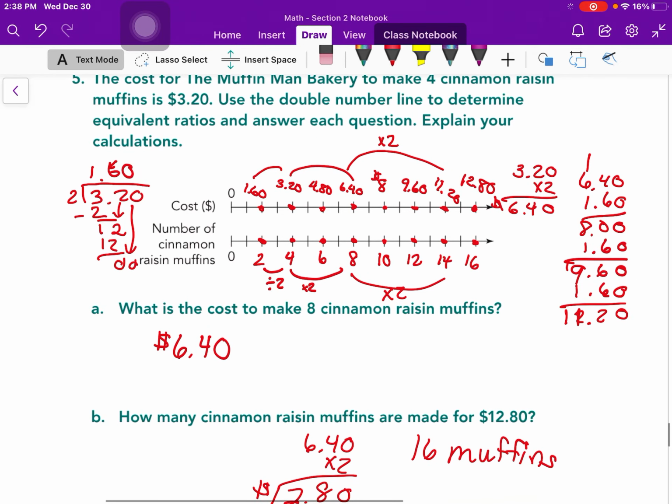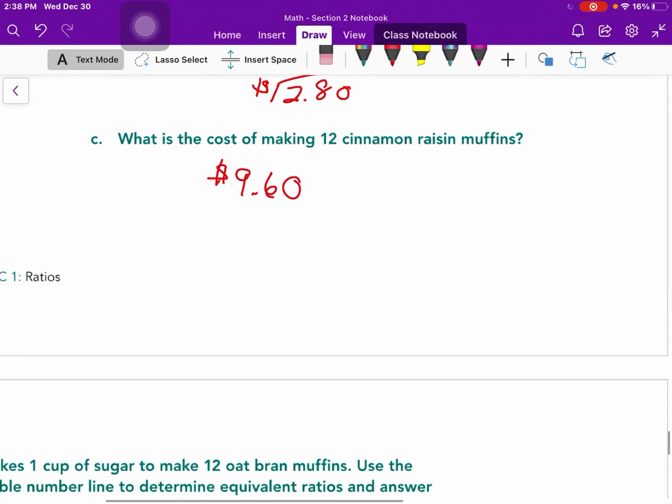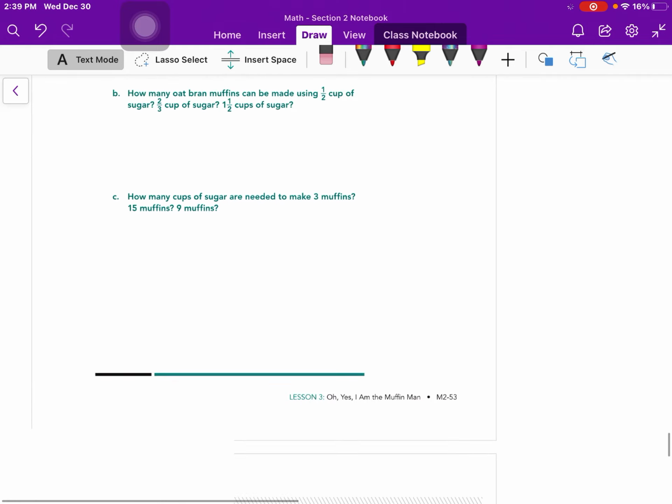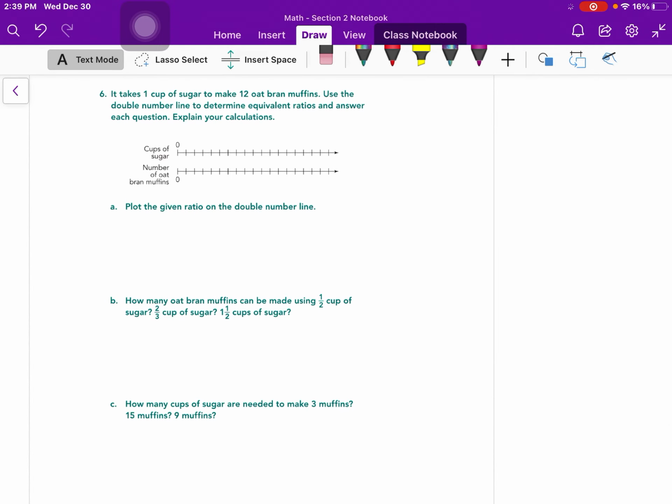And what's the cost of making 12? We've already figured it out. It's right here. It will cost $9.60. All right, I think we're going to stop there. Please try this last one on your own, and we will discuss what